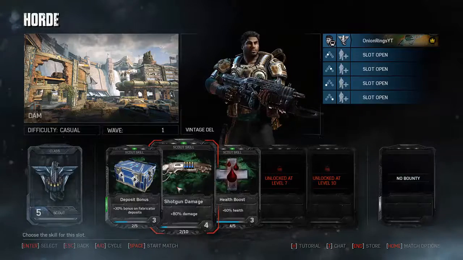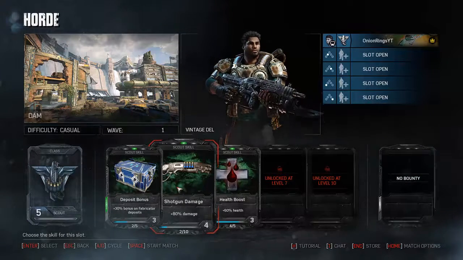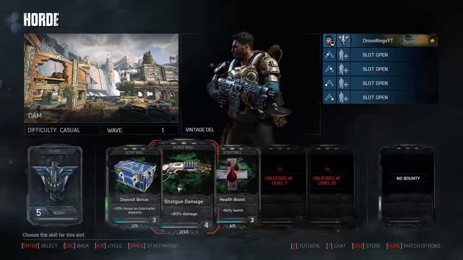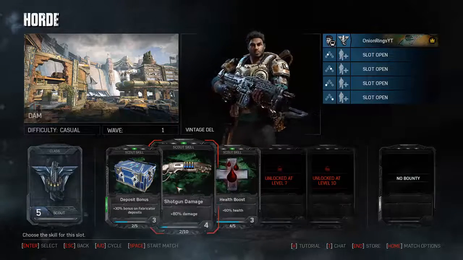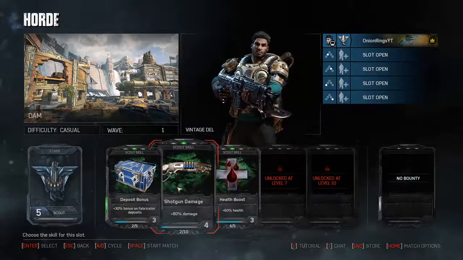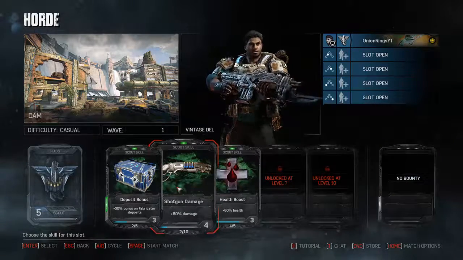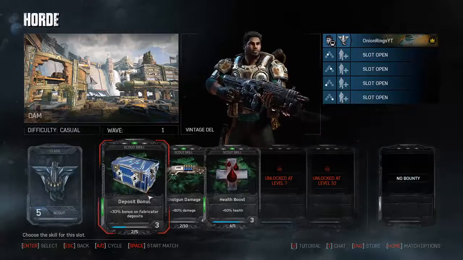I would not recommend the shotgun damage in the harder difficulties at all, because what me and my teammates like to do is kill all but one enemy, and then leave that one enemy alive while the scout goes and picks up all the power. Because remember that the scout only gets the double pickups during combat. So basically, maybe do something like a health boost so you don't die, have the fabricator deposit bonus, and then